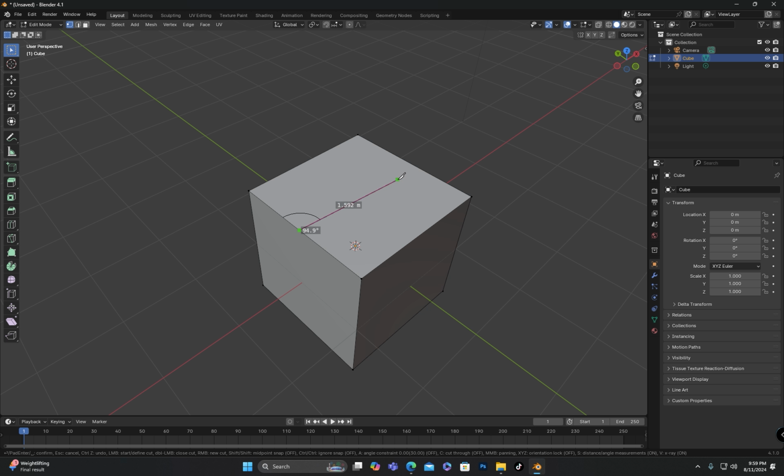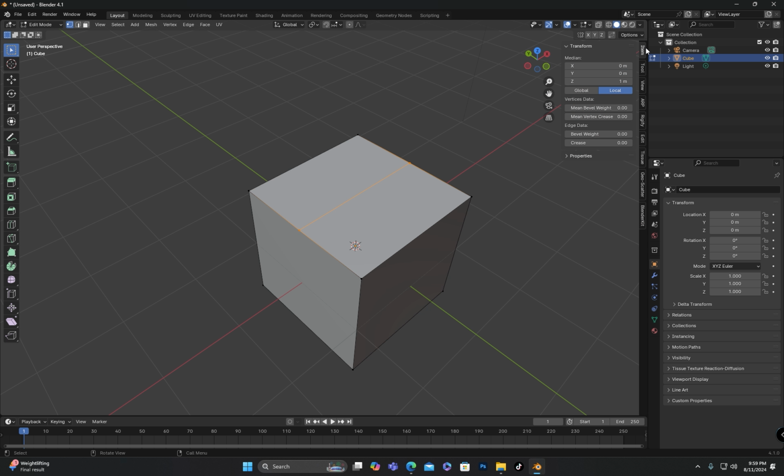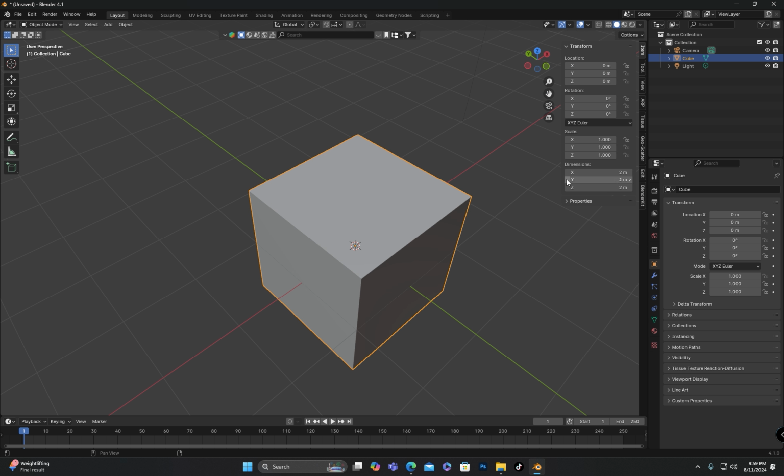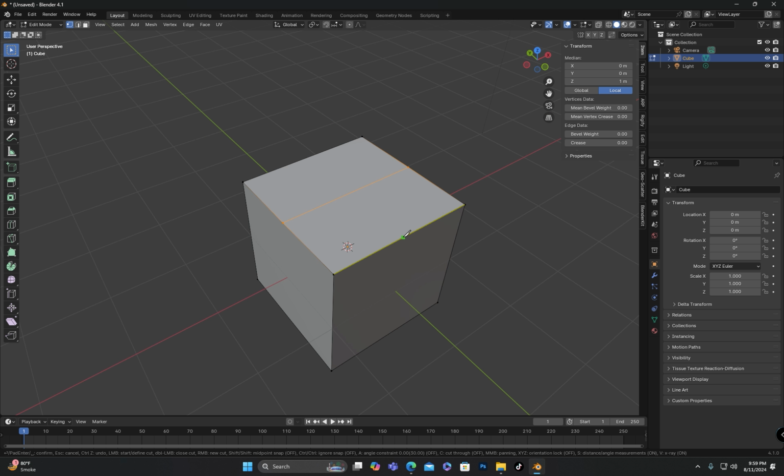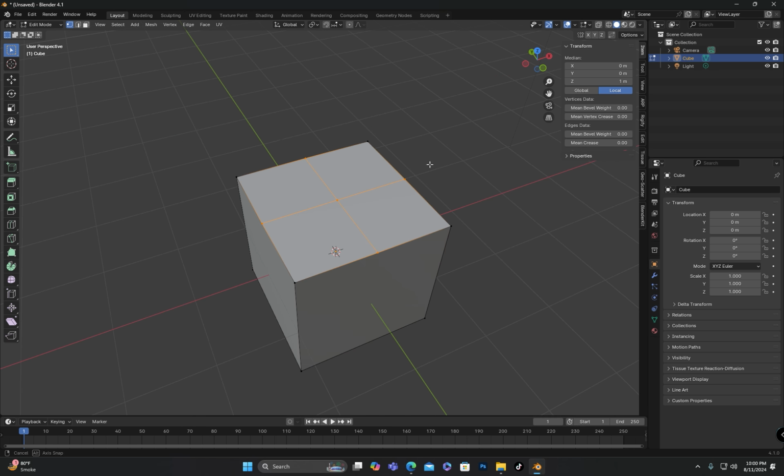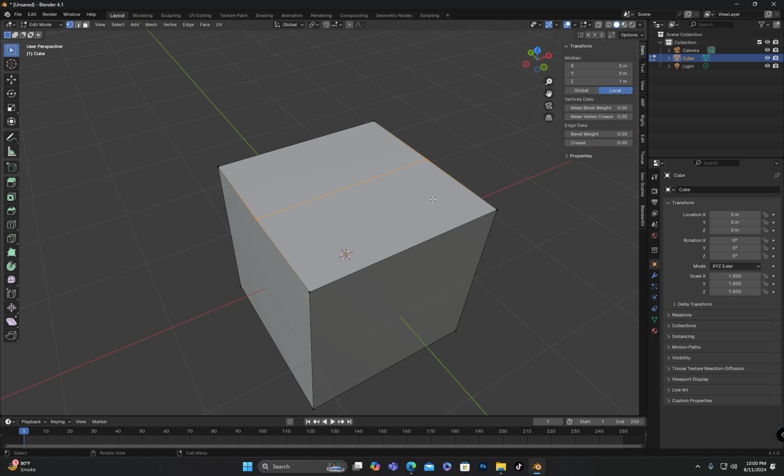When I move the mouse cursor to the midpoint of the other edge, it shows a distance of 2 meters. After clicking and pressing enter to create the edge or cut, you can check the dimension and confirm that it measures 2 meters. I will undo the previous action.